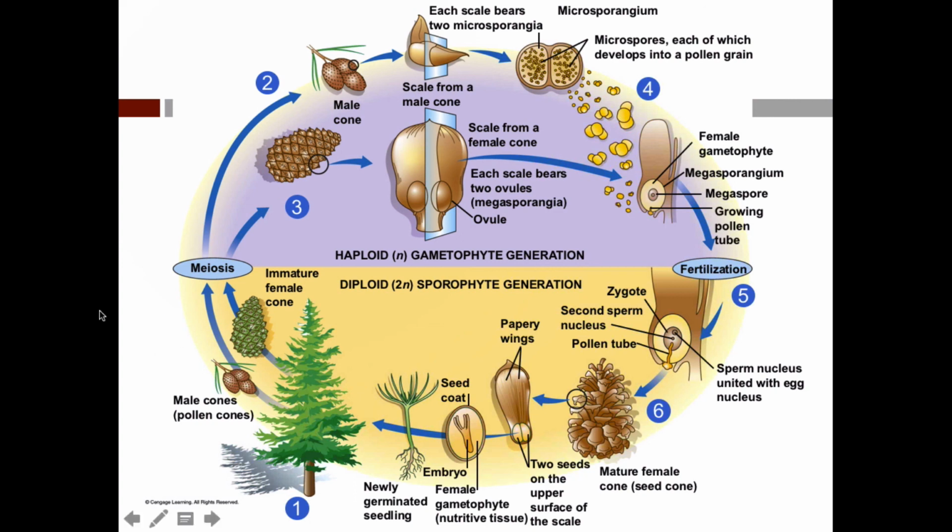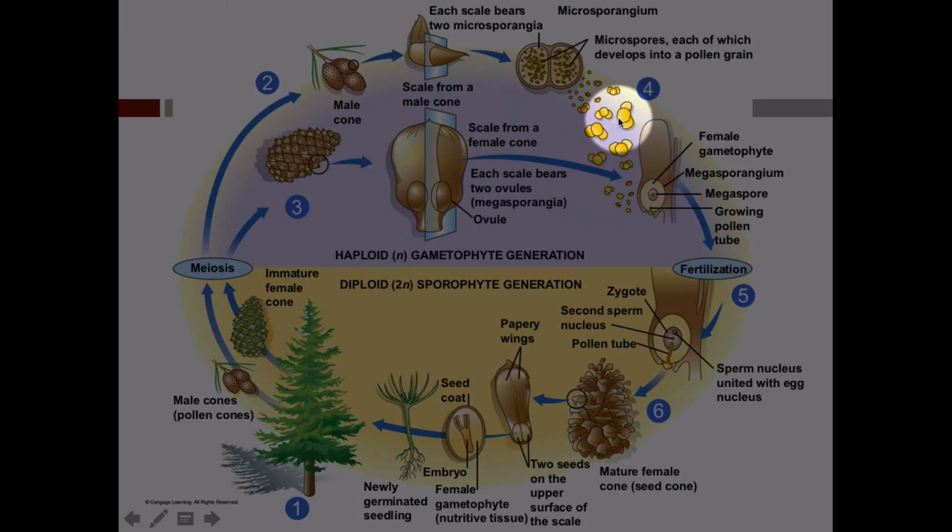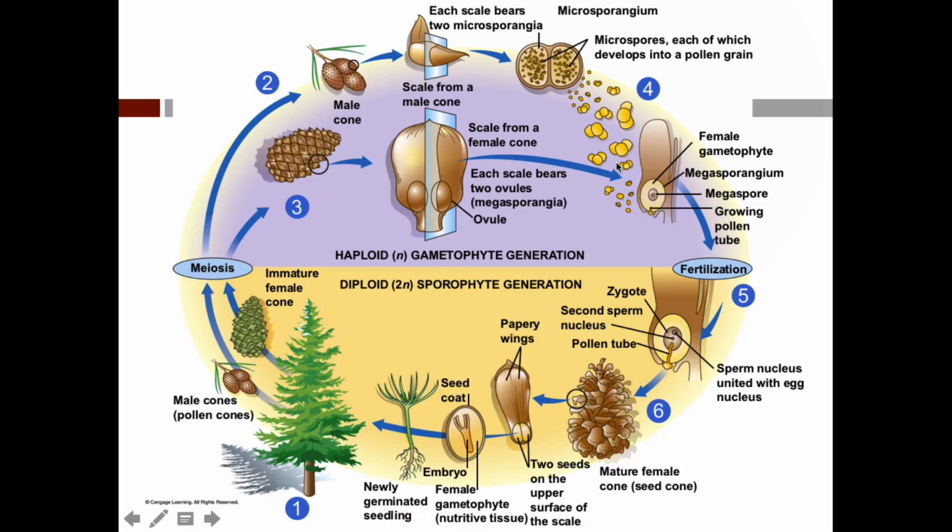Thereafter, that immature cone, by way of the pollen produced from that male cone, relies on things like wind that blows. As that wind blows and carries that microspore, by way of the pollen grain you see here, eventually it gets into what is called the micropyle. The pollen tube grows, and of course, you get fertilization.